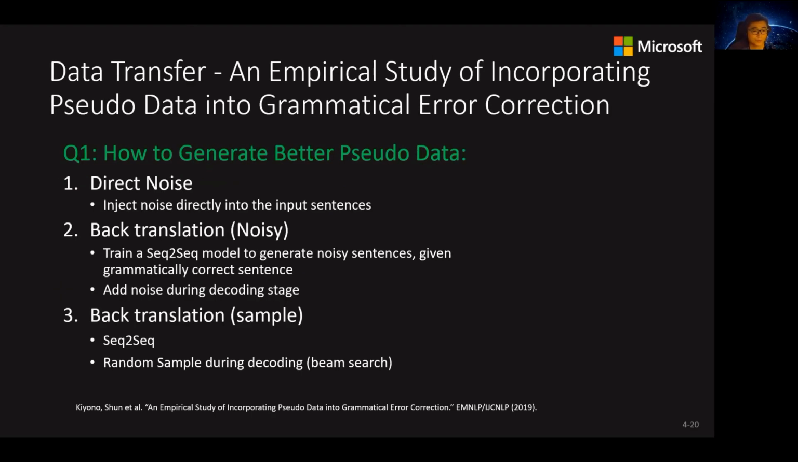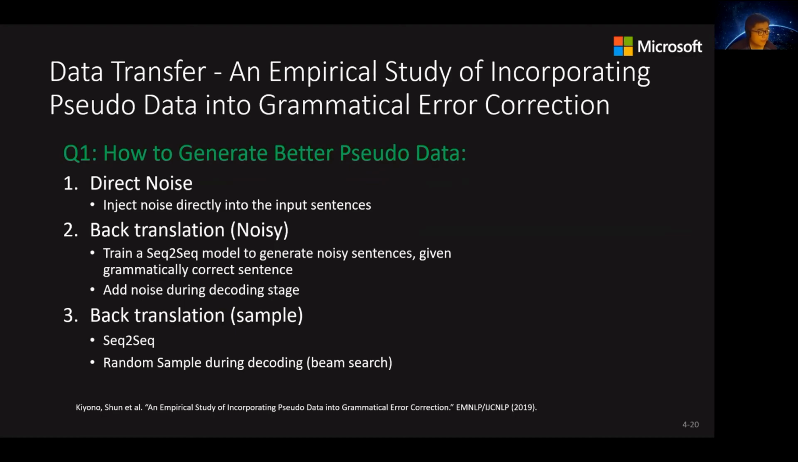For the first question, how to generate better synthetic data? This work experiments with 3 approaches. First, direct noise. It injects noise directly into the input sentences. Second, back translation noisy. It trains a sequence model to generate noisy sentences instead of directly adding those noises, given grammatically correct sentences. And during the decoding stage of the sequence model, it leverages noisy methods to generate noisy